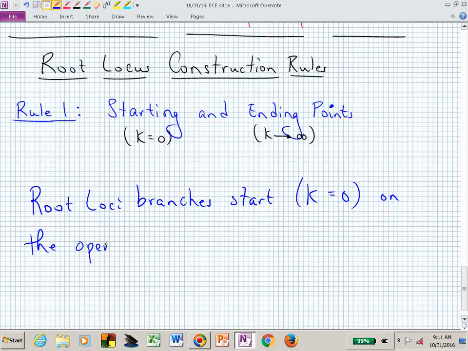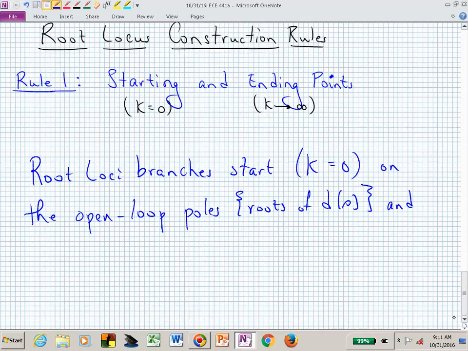And remember what we are defining to be the open loop poles. Those are the roots of that little d of s polynomial in the denominator expression. So we're starting our root loci branches on the open loop poles, the roots of d of s, and some